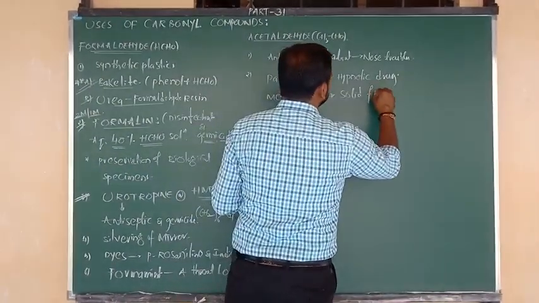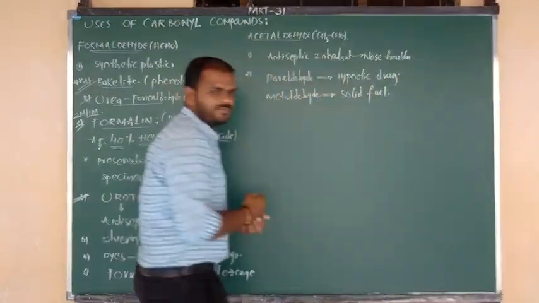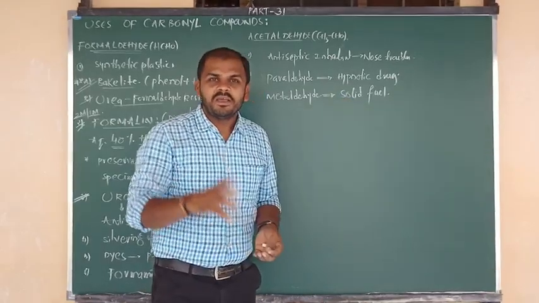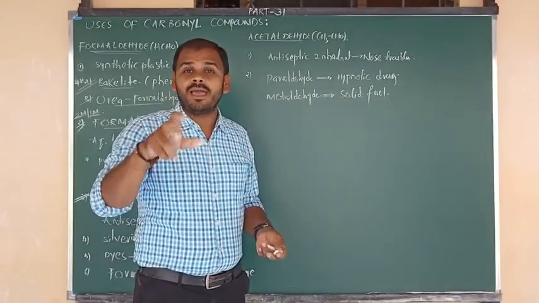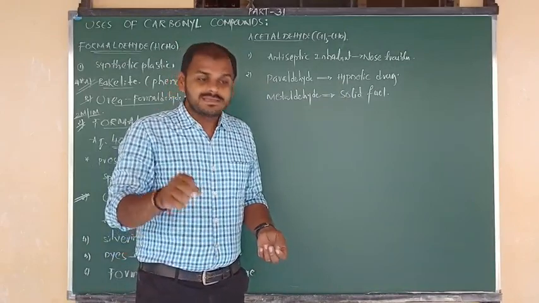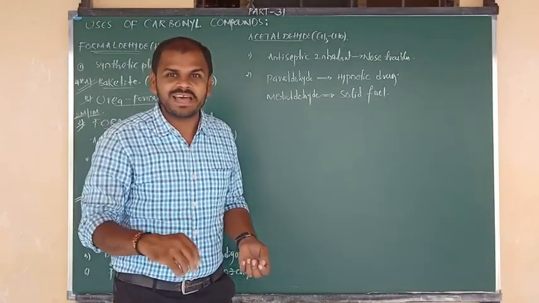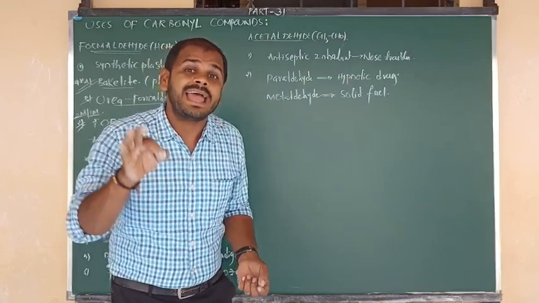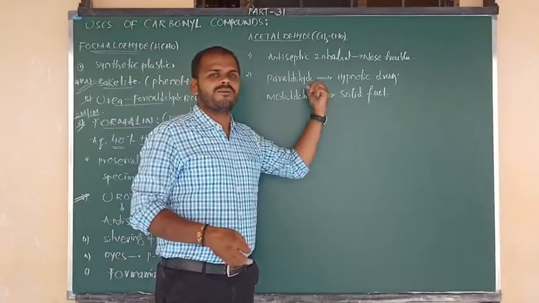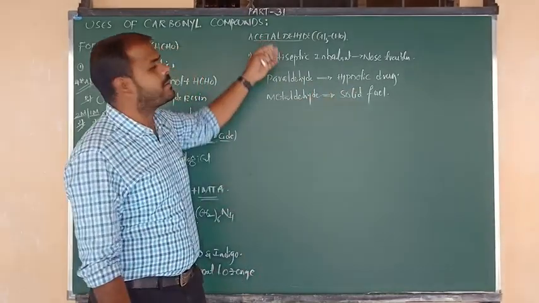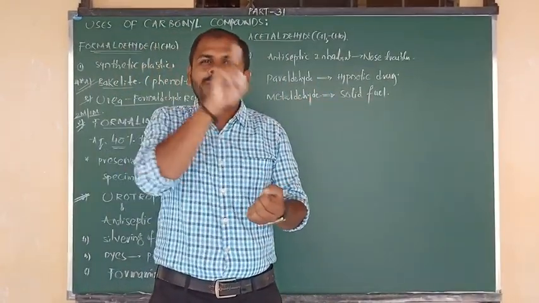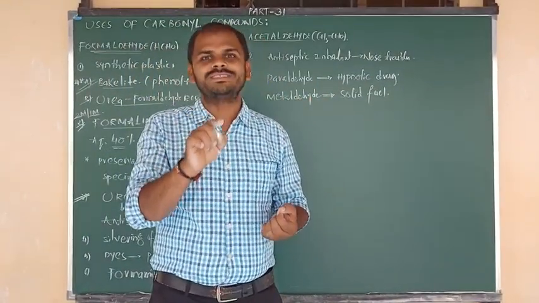So we have to say that it is a solid fuel. Solid fuel. Sir, why are they using this solid fuel? Especially as pesticides and herbicides, they can be used by the farmers, na beta. Why are they using it? To kill slugs and snails. Yes or no, beta? So to kill slugs and snails, metaldehyde solid fuel can be used. Both these chemicals and medicines can be prepared from acetaldehyde by the procedure known as polymerization.